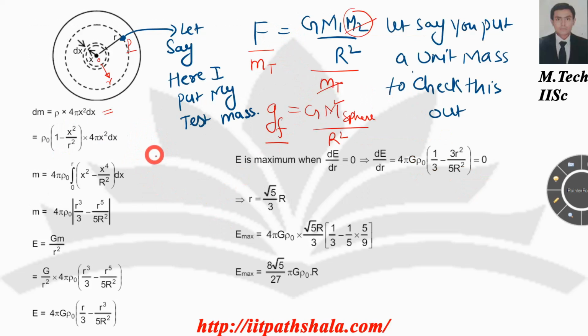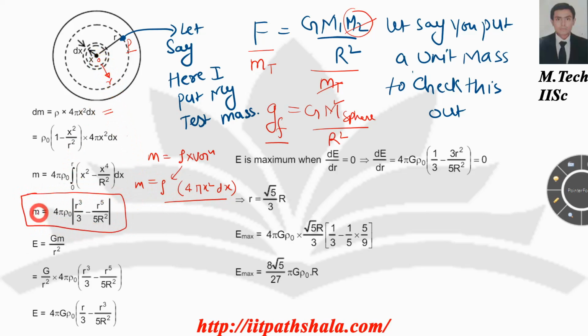So mass equals density into volume. You are given the density, and the volume of this small spherical shell is nothing but 4 pi its radius, which is x square, into the thickness. So you can use this formula over here, and integrate from 0 to r, and you will land up with this. Now just put it into the expression itself. You'll land up with the following expression: r is the radius of the sphere, ranging from 0 to r.